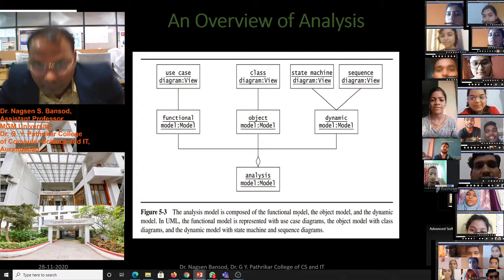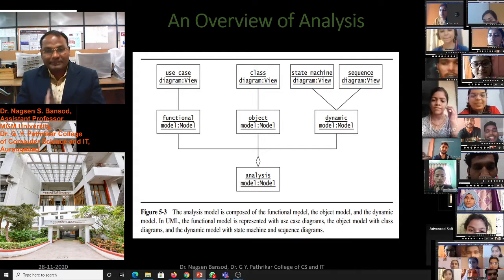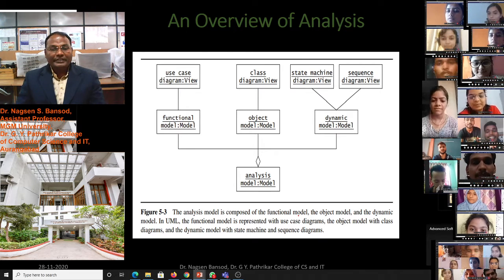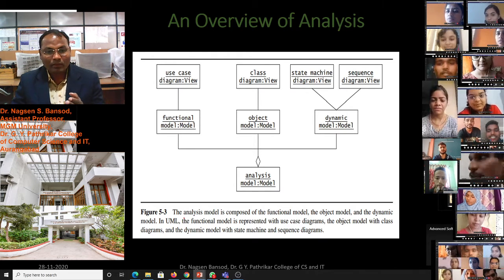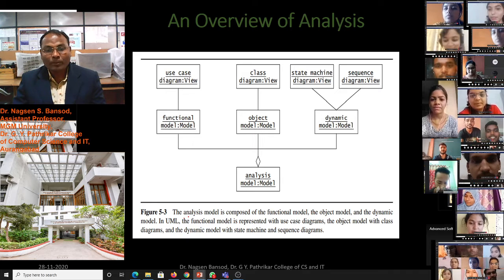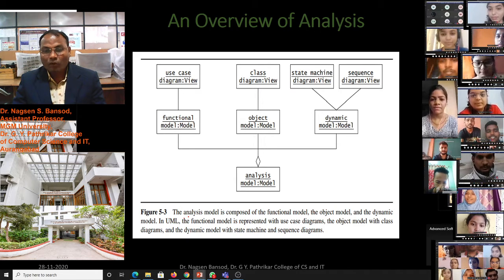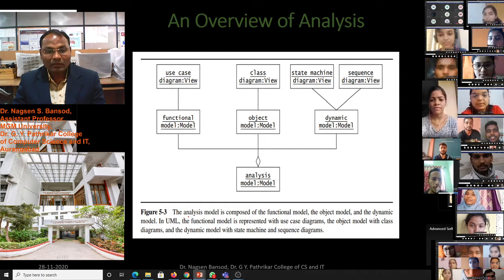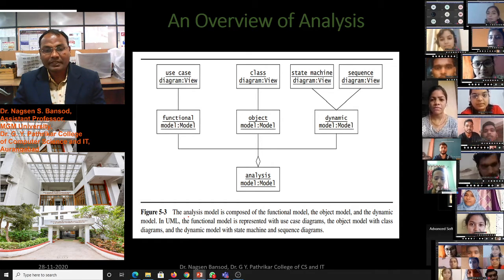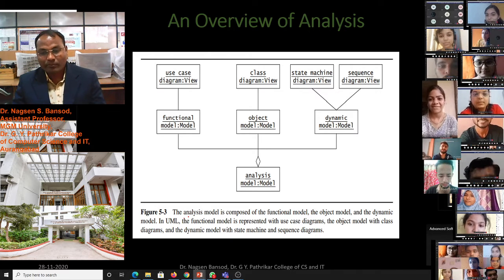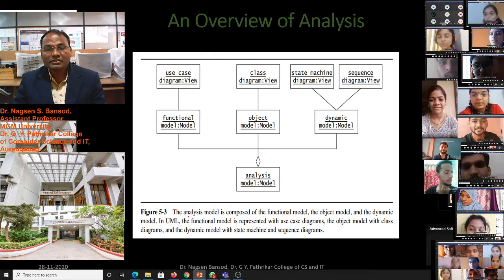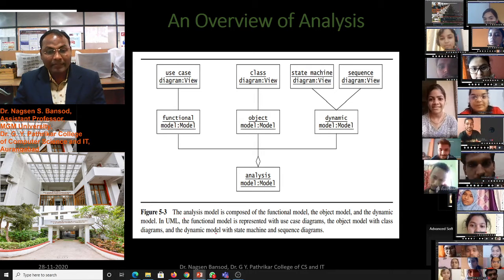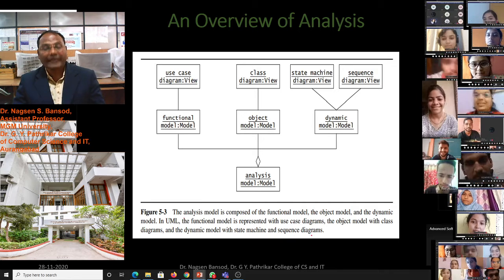In the next section, we will define the main concepts of analysis. This is an overview of analysis, Figure 5.3. The analysis model is composed of the functional model, the object model, and the dynamic model. In UML, the functional model is represented with use case diagrams, the object model with class diagrams, and the dynamic model with state machine diagrams.